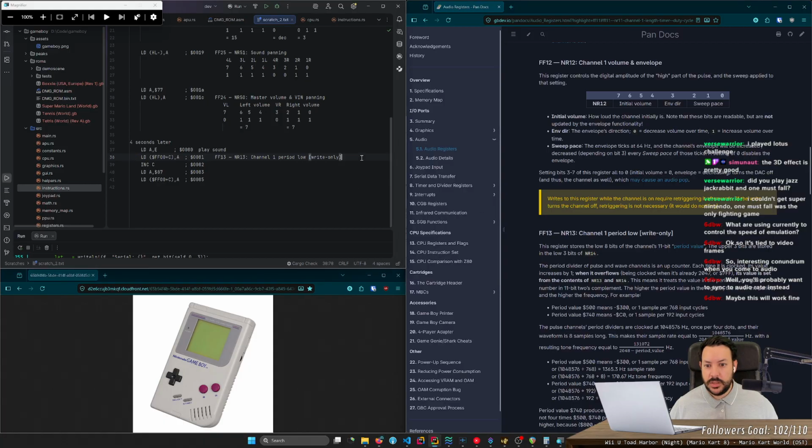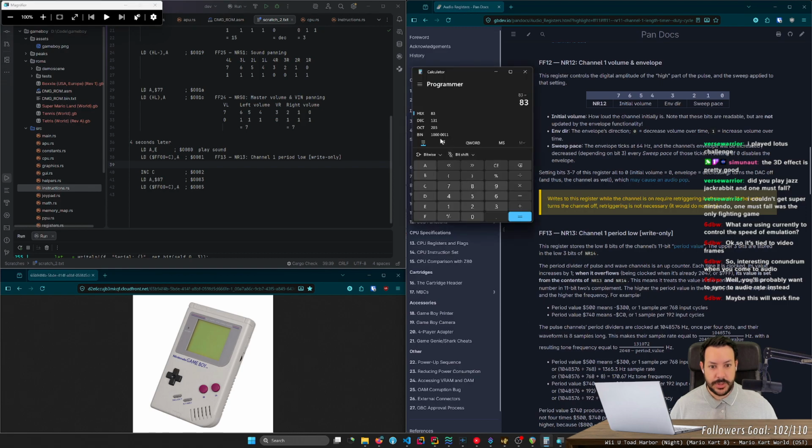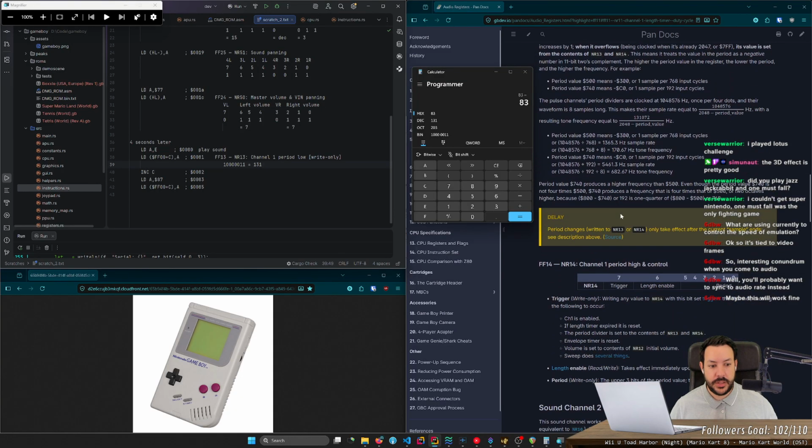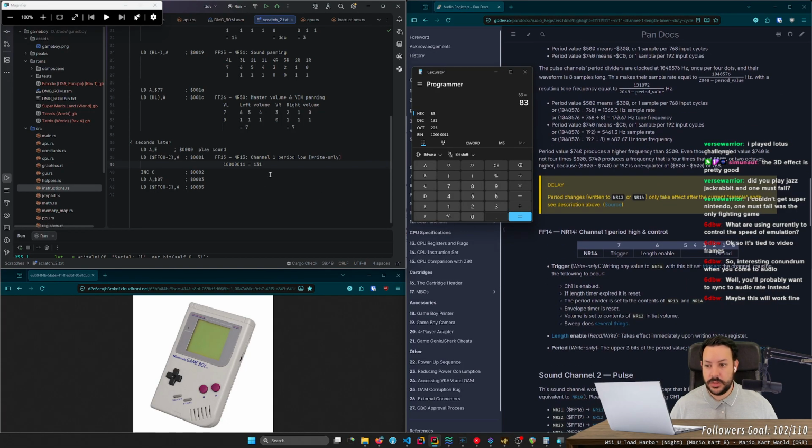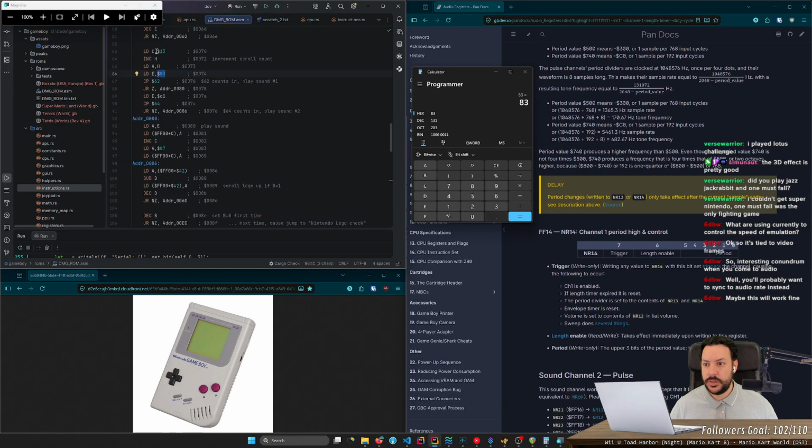So this is only the 8 bits of the period, which is going to be this, and this is going to be equal to 131 here. And then I increment C. So it's going to be FF13, sorry, here is 13.